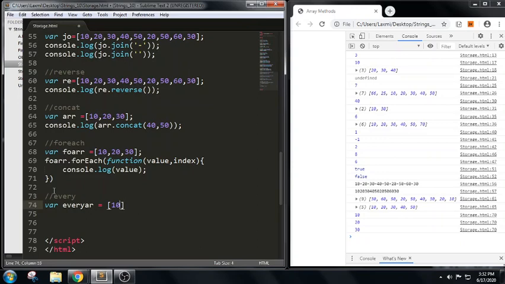I'm writing some values here. We are declaring an array here. Now we will write the every method here.